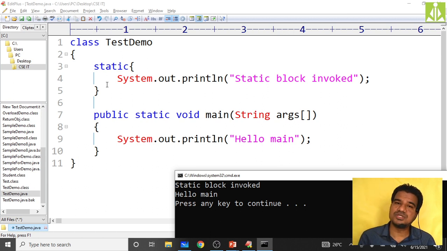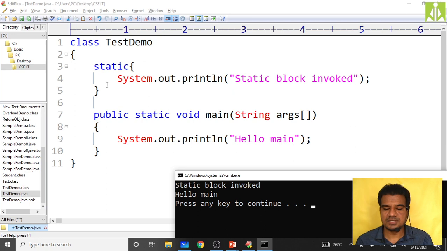And if you try to put some non-static content inside this static context, you will get issues. Your compiler will give you errors. So we need to avoid that. Try to put only static content, whether it is a static data member or a static method of a class. Try to invoke the static method from the static block, or initialize or manipulate the static data members within the static block, and don't ever put non-static content inside the static block.